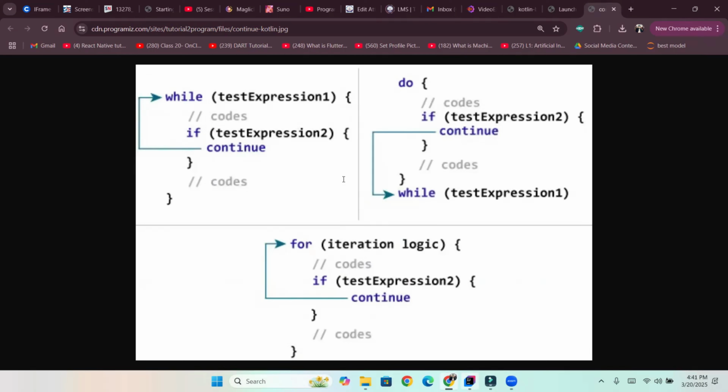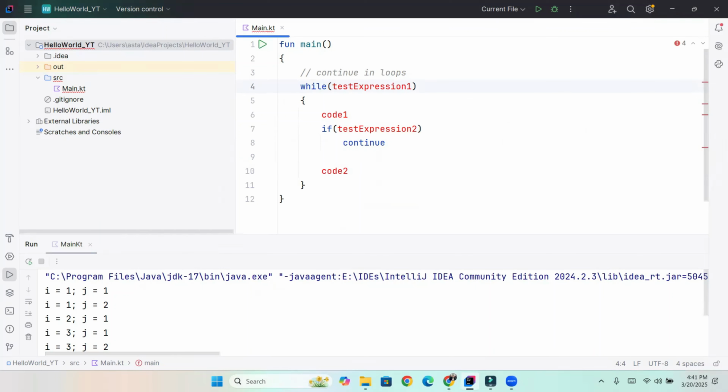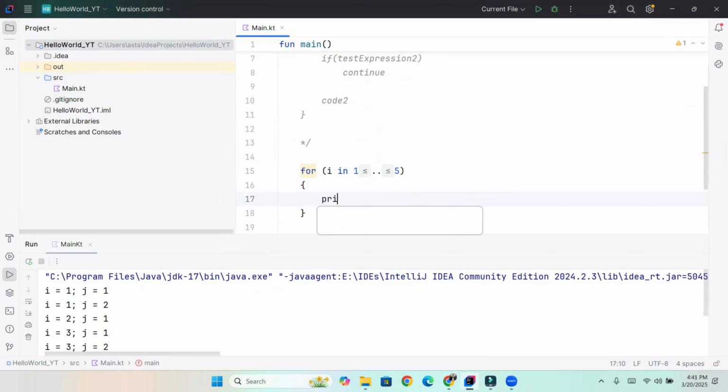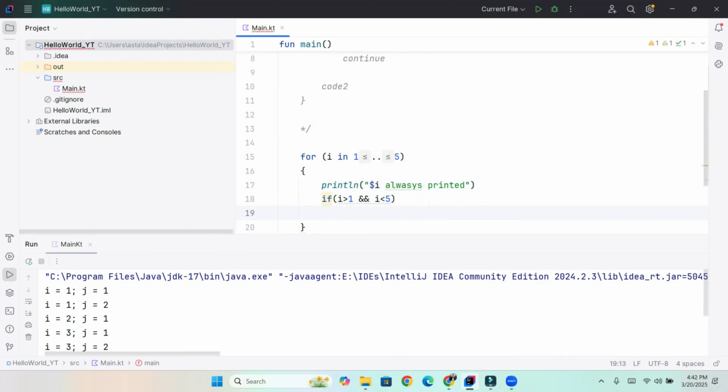So let's take an example of code. So let me comment this code. That was just a syntax. So let's write a code over here to understand the continue statement. So for I in 1 to 5, this loop will start from 1 and go to 5. So let's print the statement over here, dollar I always printed. So if I is greater than 1 and I is less than 5, so we will continue,